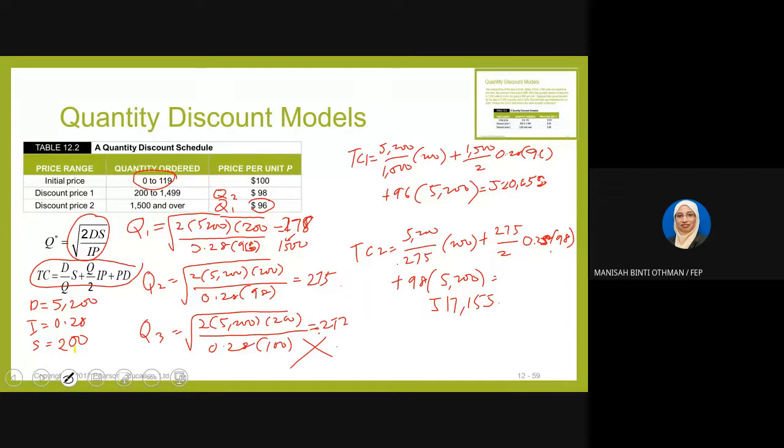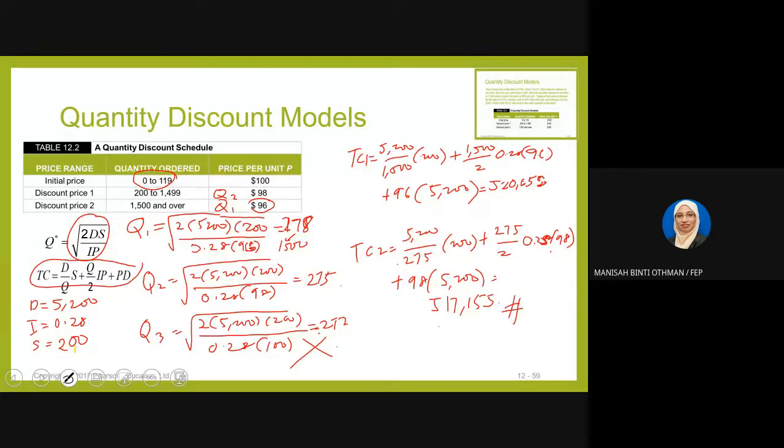Okay. Alright, so based on these two total costs, you will choose, because this is total cost, the one with the lowest total cost. Compared to 517 and 520, you can see that this is the lowest total cost. So the company should select the price range with $98 per unit, because this is the lowest total